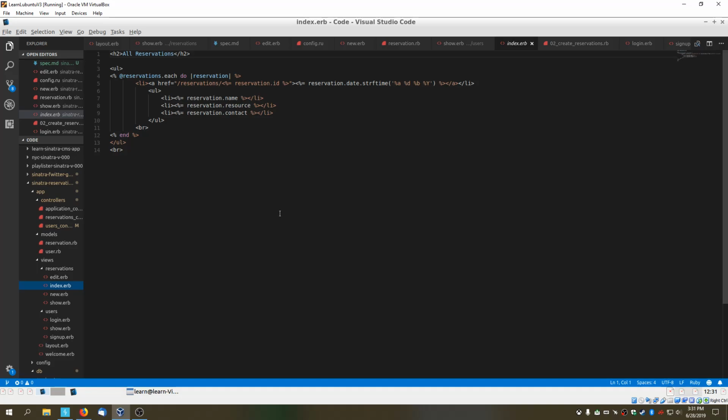at least the way that I have it set up right now, because ideally what you would want is some sort of page that shows you what resources are available on a given day or time frame or whatever. So it's kind of backwards right now in that it's showing all of the reservations rather than all the available slots. But because I'm just working on this project for the purposes of the Flatiron curriculum and the requirements therein, I'm not necessarily fleshing it out quite as much as I would like to have it being functional,